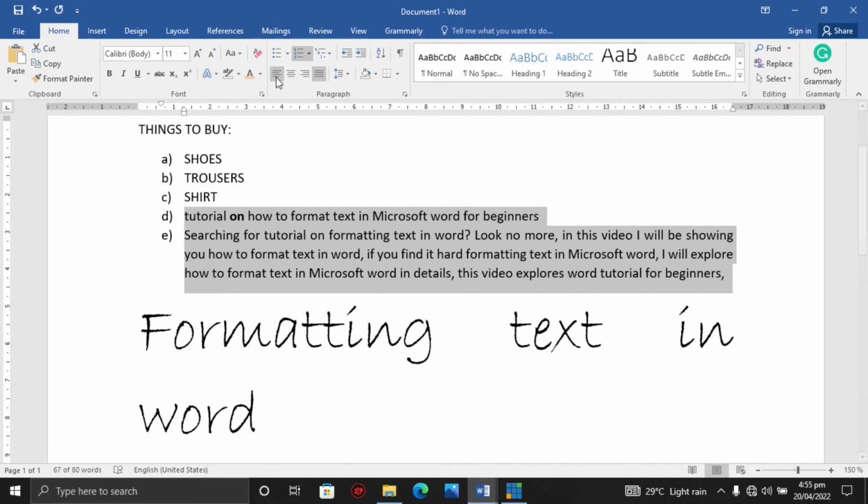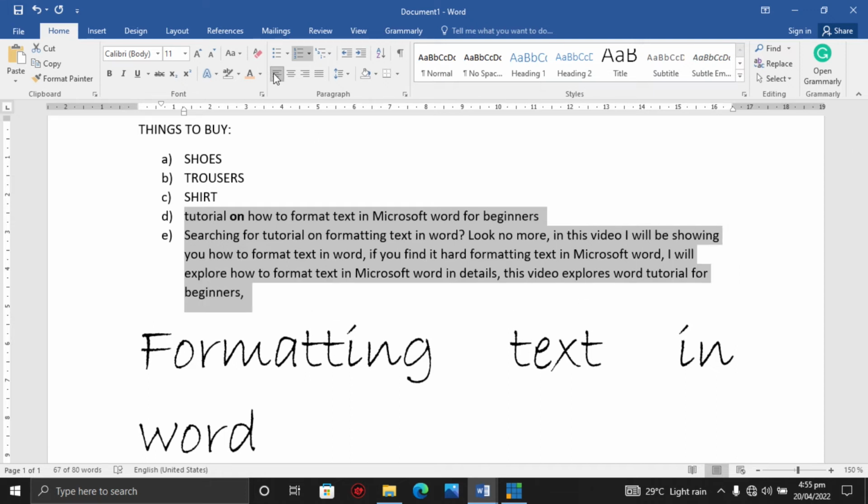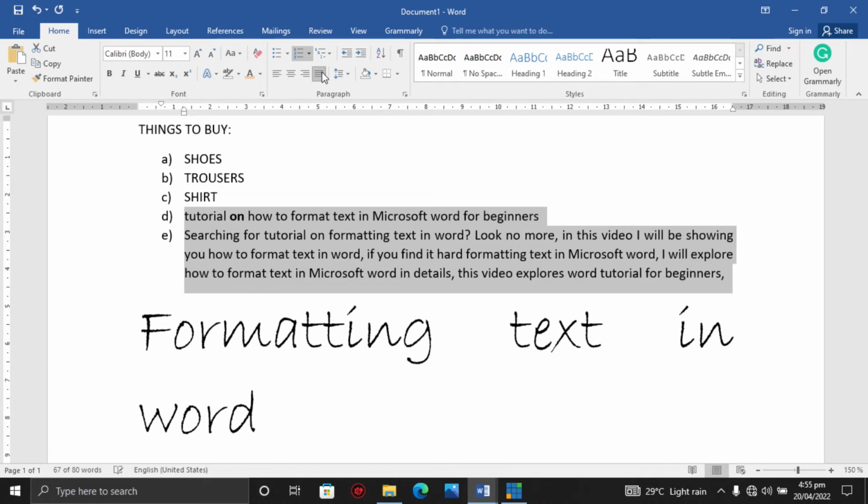If I leave it at the left, you can see how the text is aligned here. If one line aligns, it doesn't get to the end. But if I use justify, it tends to push all the text to align at a particular stop. So that's what justify does. So that's how you use justify to align.